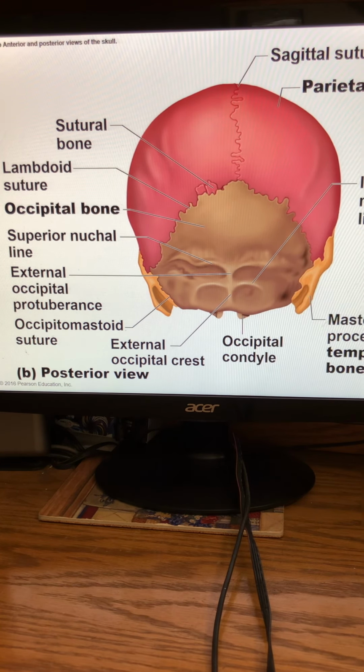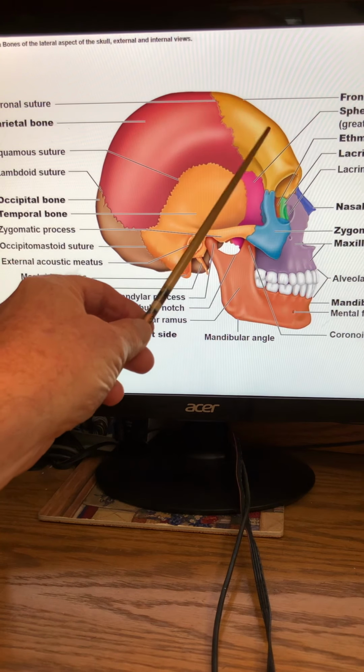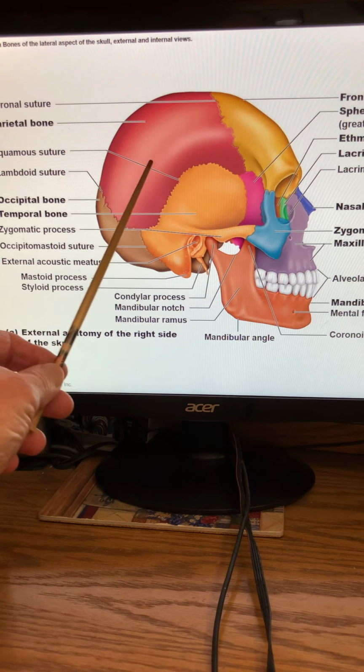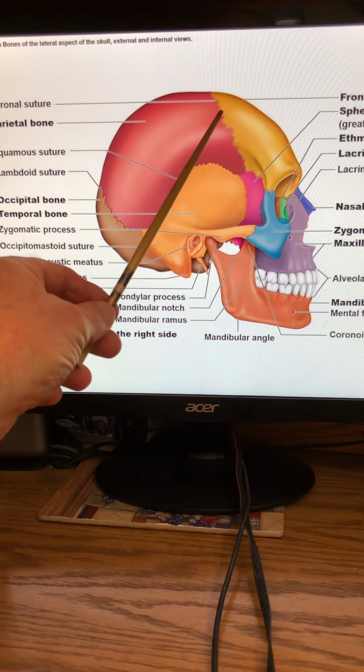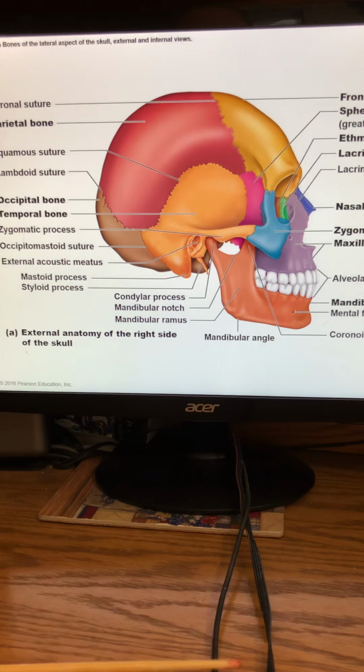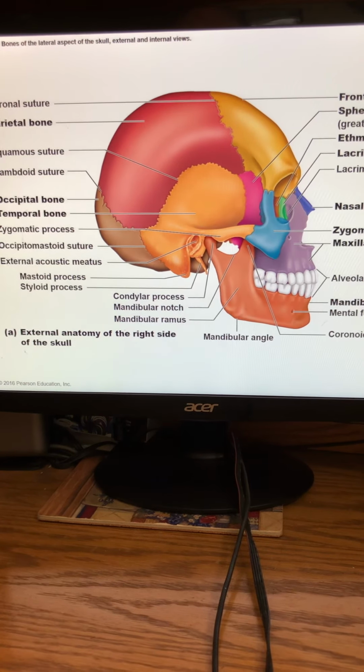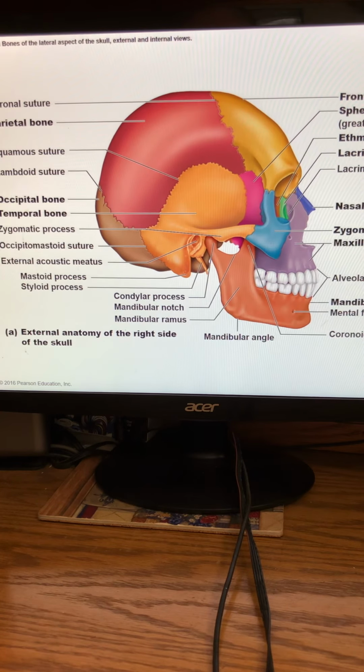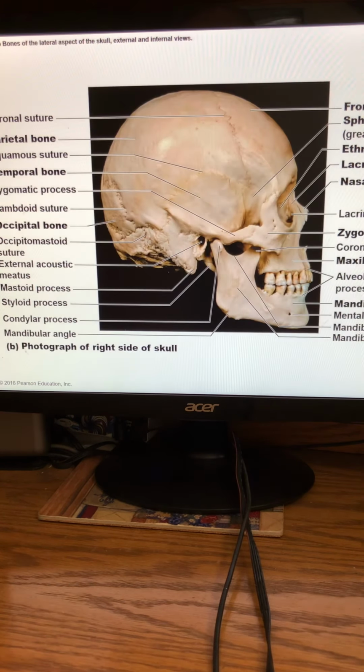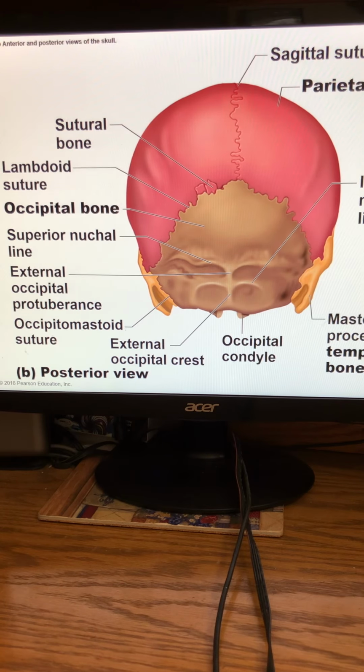The frontal suture or the coronal suture is going to be between the frontal bone and the parietal bone, and the zigzaggedy line that separates these 2 bones is called the coronal suture. It is also in the frontal plane. The second one that I have here is the sagittal view, which is going to be where the 2 parietal bones meet in the midline, and that zigzaggedy line that holds those 2 bones together is referred to as the